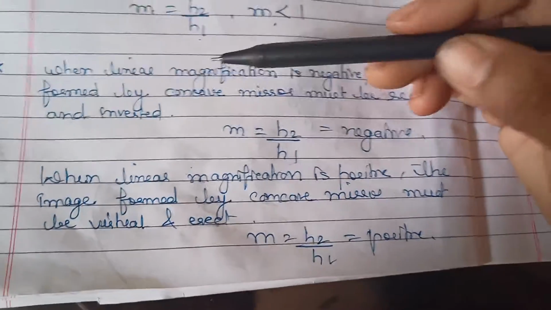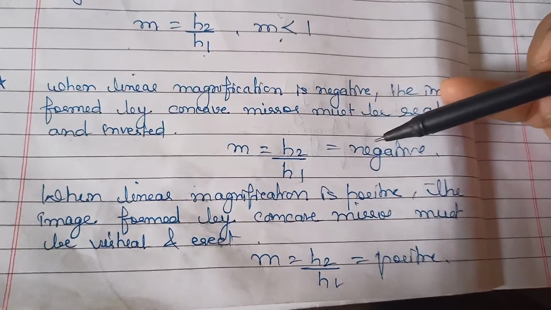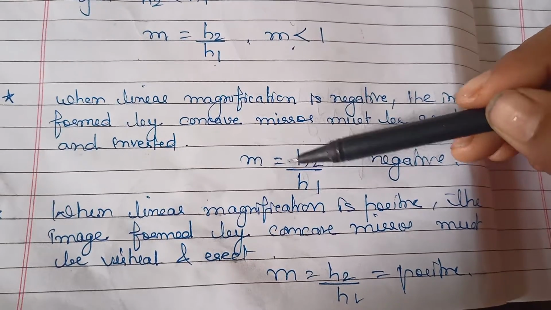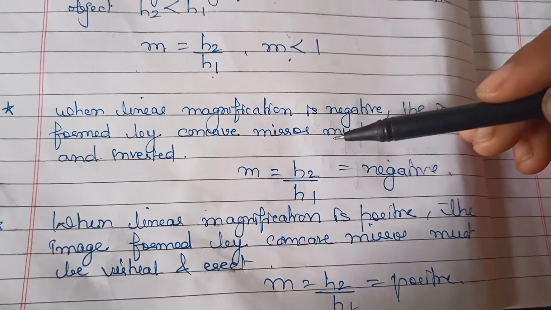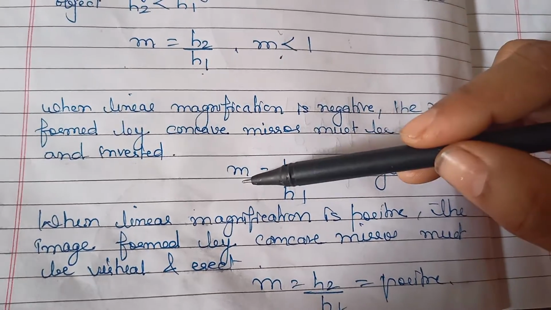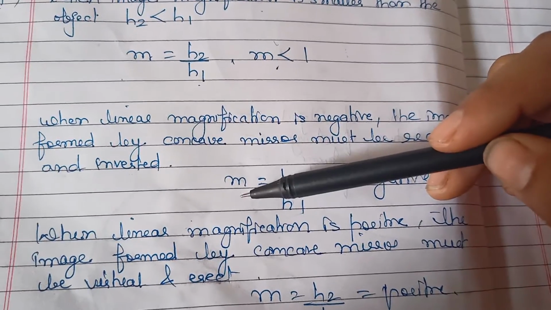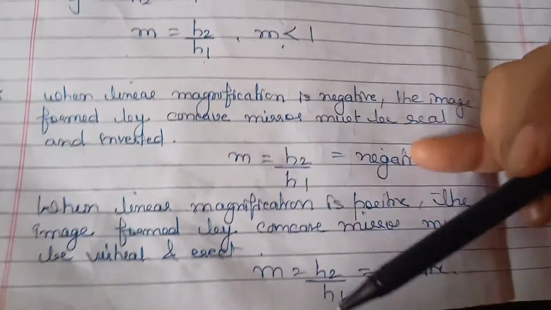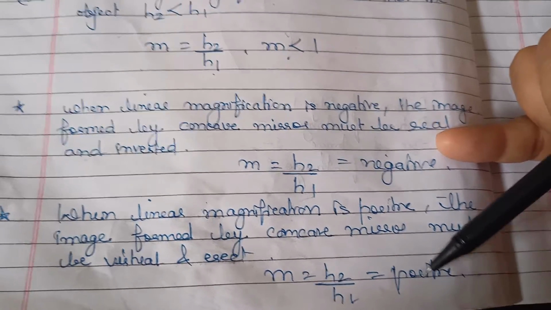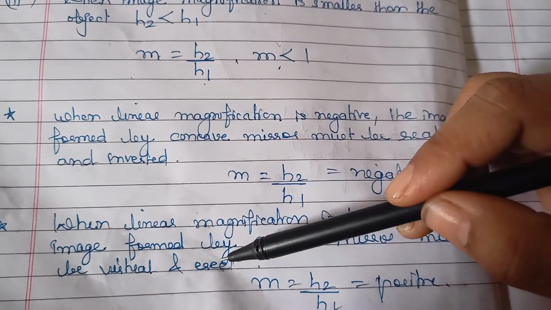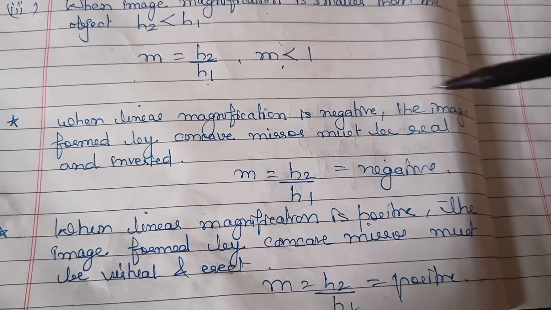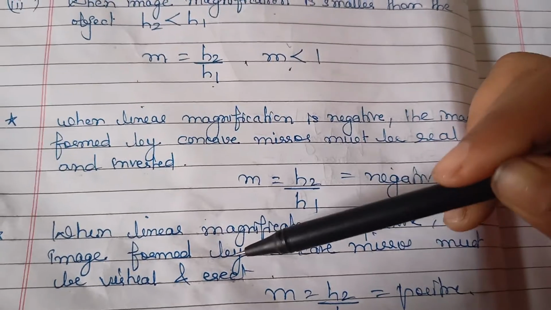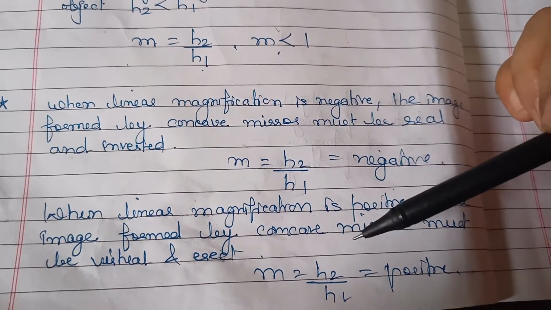Now next is when linear magnification is negative. अगर negative आता है that means it is real and inverted. नेगेटिव आने का मतलब क्या होगा? अगर मैग्निफिकेशन माइनस में आएगा तो नेचर क्या है वो भी हम पता लगा सकते हैं मैग्निफिकेशन से. साइज तो पता लगा लिया, nature also we can find out that if it is coming negative, that means image is real and inverted, and if it is coming positive then image is what? Virtual and erect. So when linear magnification is negative, image found by concave mirror is real and inverted. If it is coming positive, then image found by concave mirror must be virtual and erect.